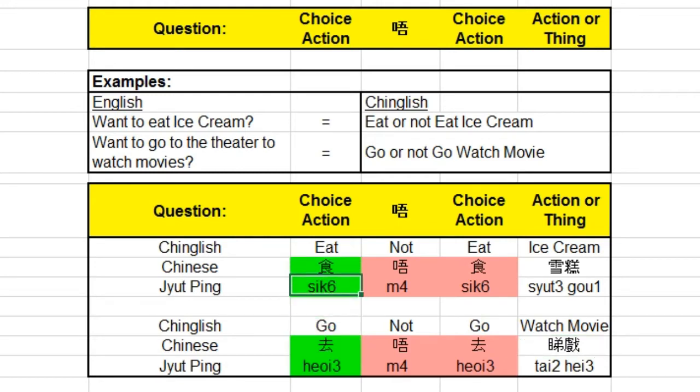So notice I highlighted this in green, and the not eat or not go to watch a movie will be in red. So green is basically the answer is already here, right? When you ask this question, the green is yes, and the red is actually no. So when you answer it,